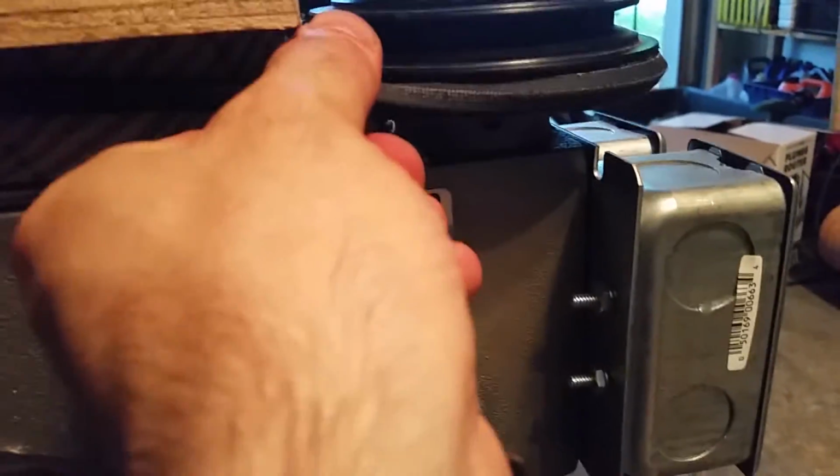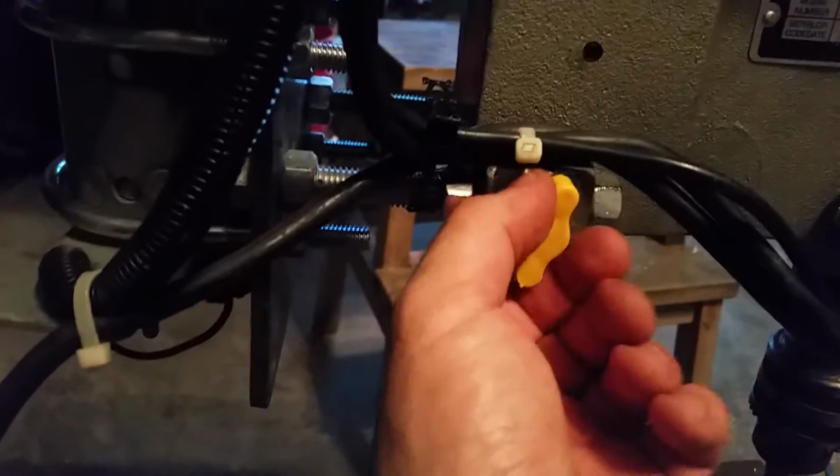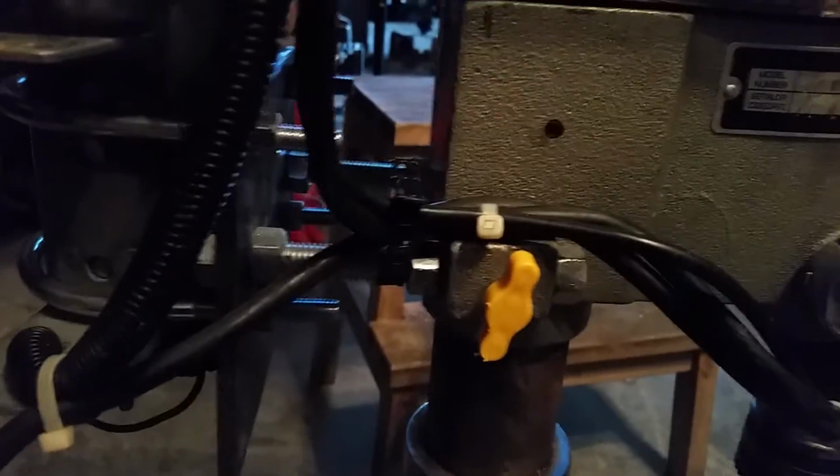So this is a 34-inch belt. I got a little bit of adjustment range either way by loosening up these bolts. This is just where the original motor mount was. It kind of helps keep everything tight, but not strictly necessary. So anyway,